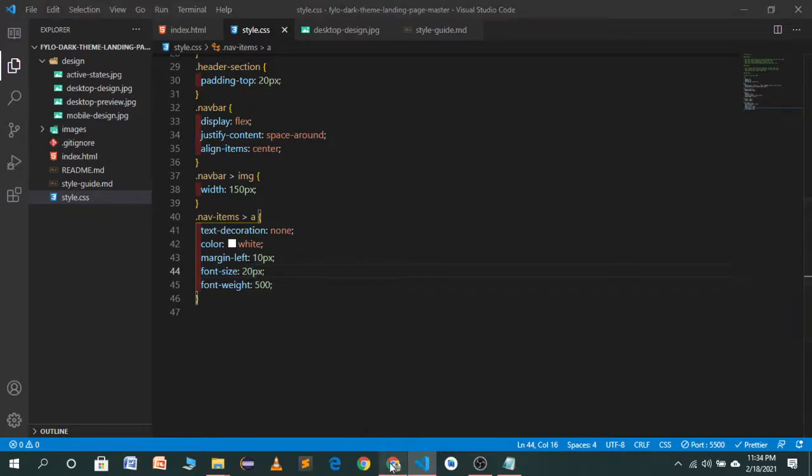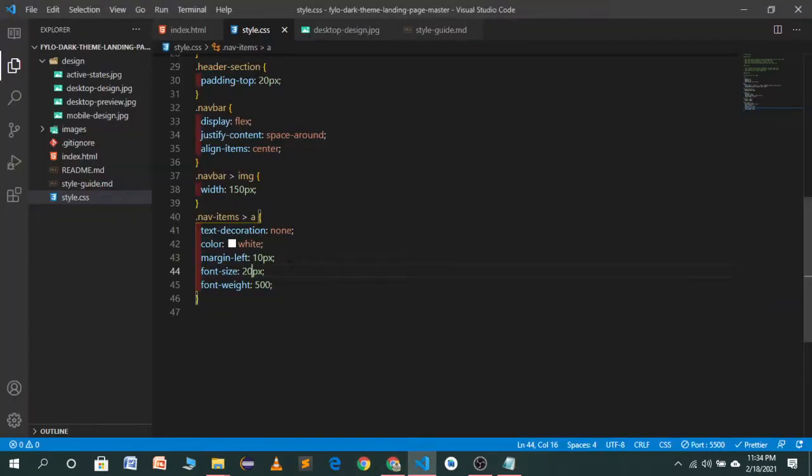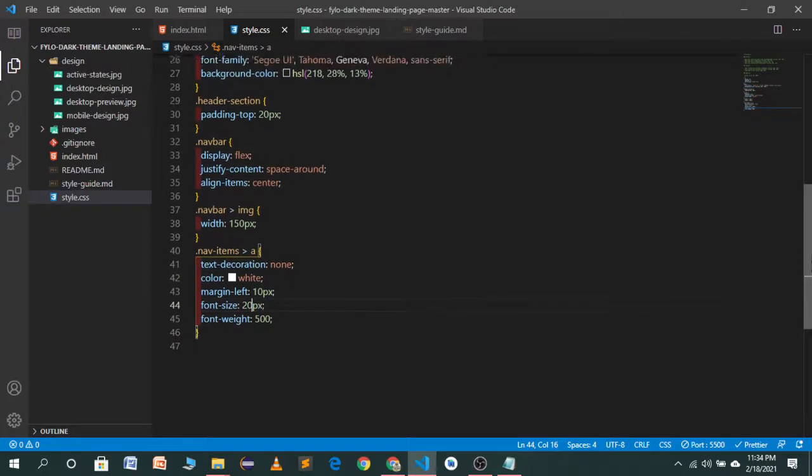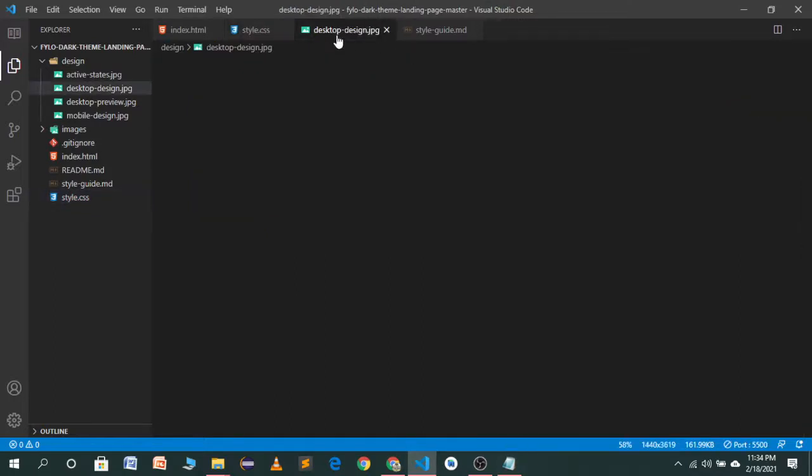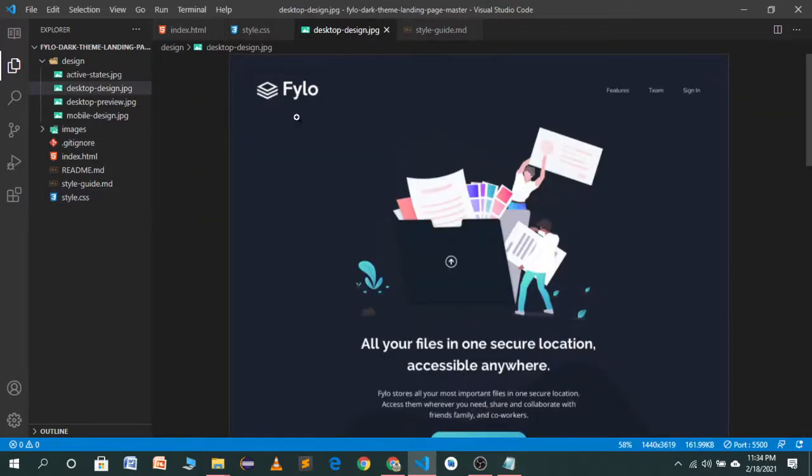Let's see, 20 pixel is looking great, and its functionality is cursor pointer. So we will also give cursor pointer to our logo. So the first part of our build is done, which is this nav bar.